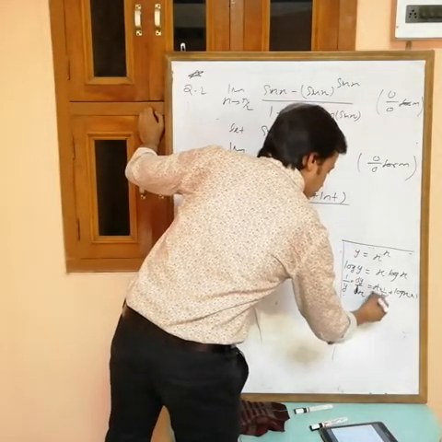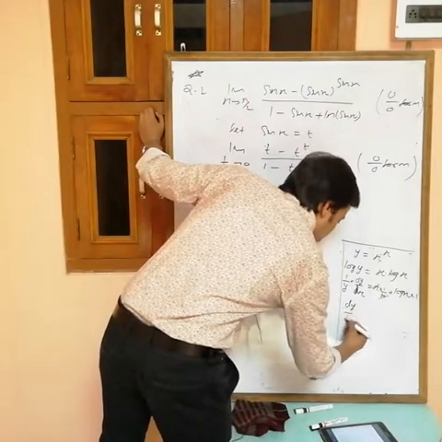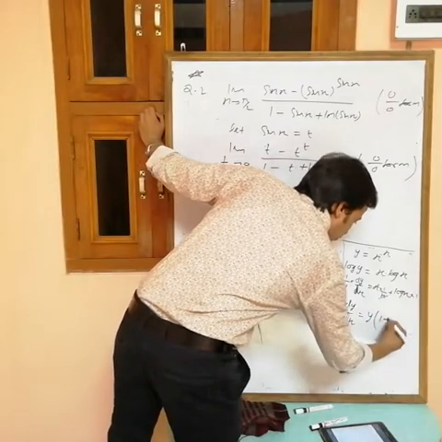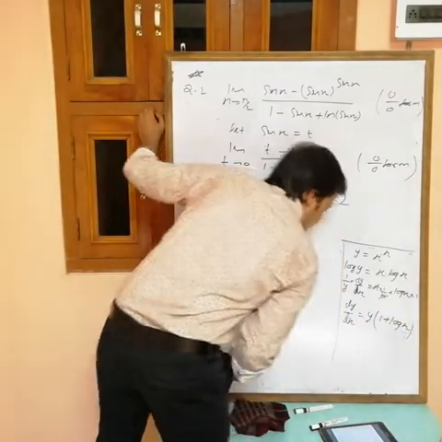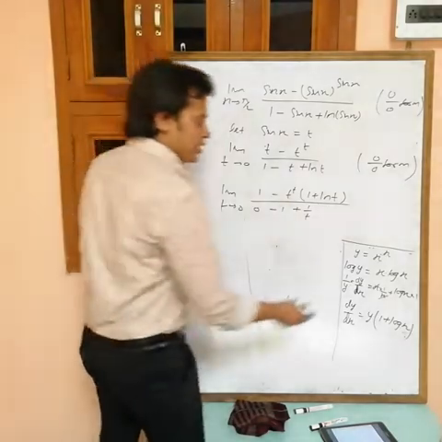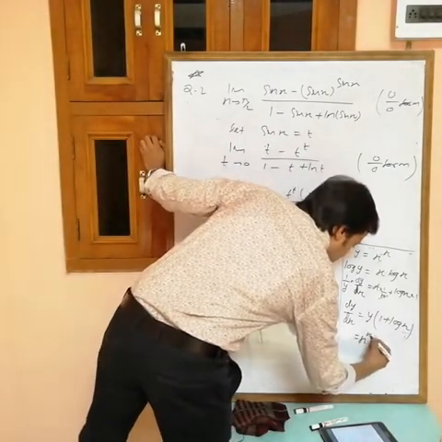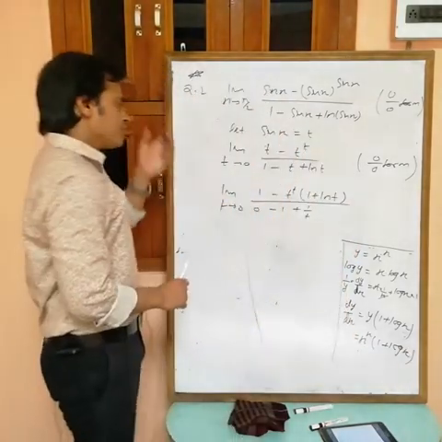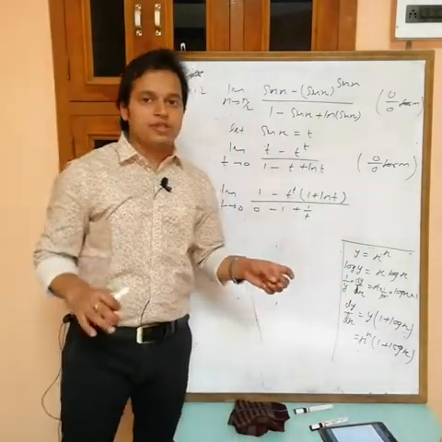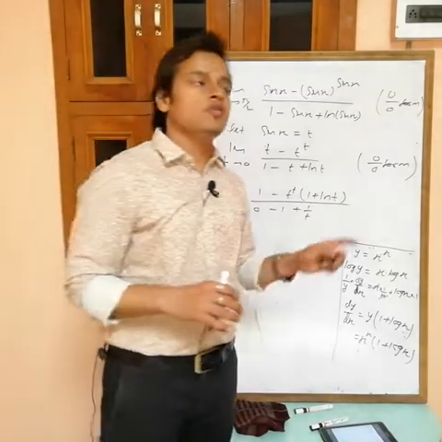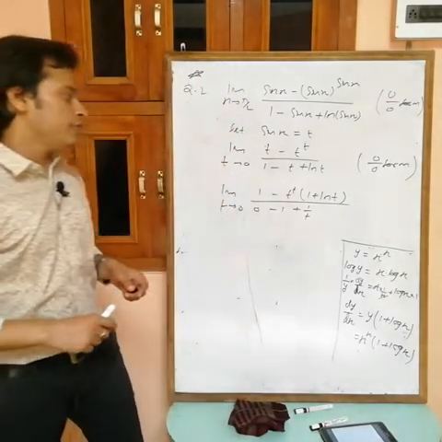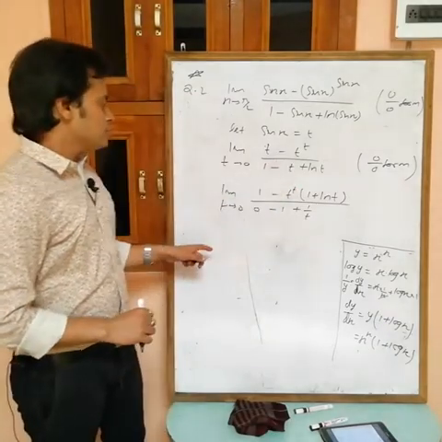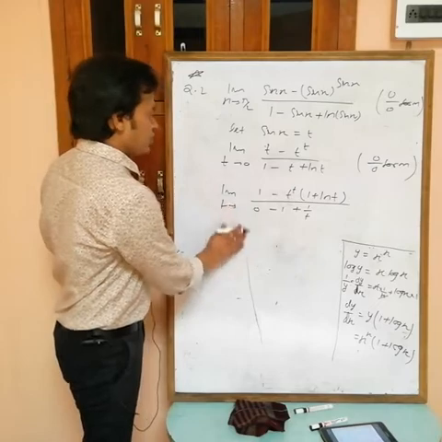x cancels out. Now dy by dx is equal to, multiplying y on the other side, 1 plus log x. Now put the value of y again: x power x into 1 plus log x, simple. So the derivative of x power x, and remember this one, is x power x into 1 plus log x. Now see, if you put t equals to 0, sorry, not 0, t equals to 1.